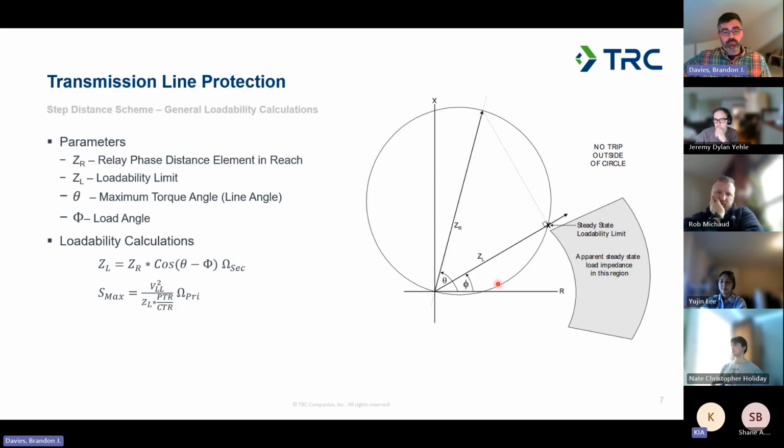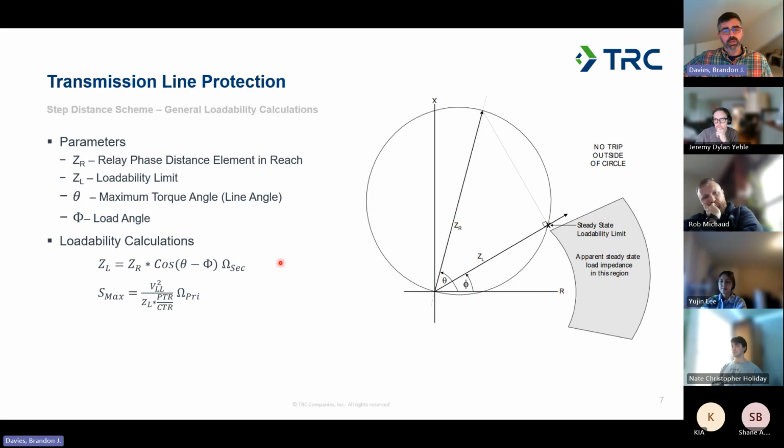If you have a line capable of carrying a very large amount of load, this characteristic is going to move closer to the origin. If you've got a line with smaller conductors, you can't push as much power through it, and your characteristic is going to be out here. So the more load you put through your line, the more likely it is to overlap with your impedance characteristics for your